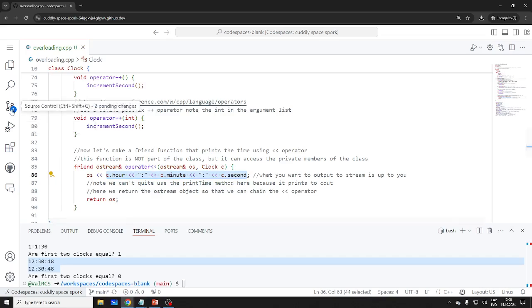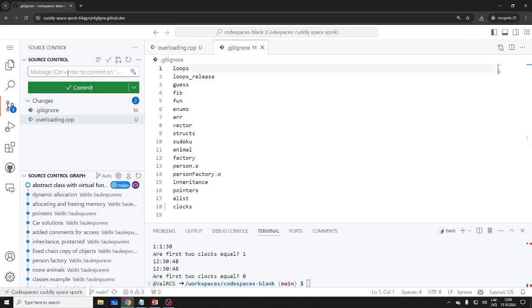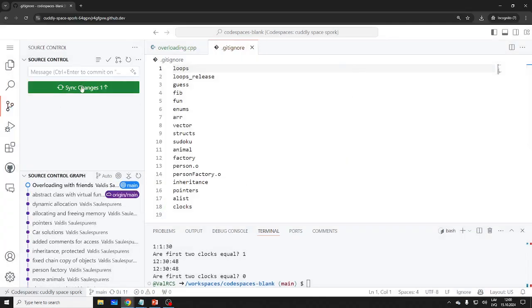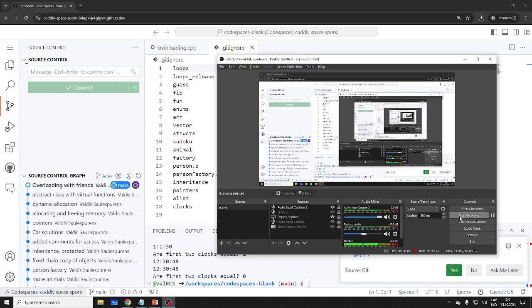Okay, let me commit this. Overloading clocks, I'm going to ignore, and let's commit overloading with friends. Nice. All right, and we will stop the recording for now. Any questions so far on overloading? It's nice, but